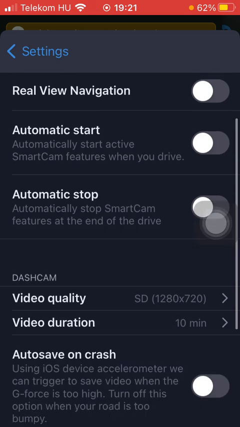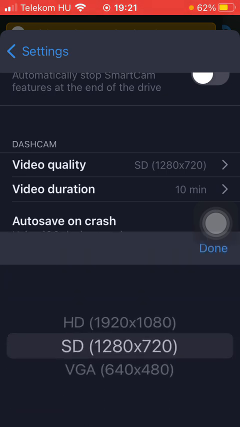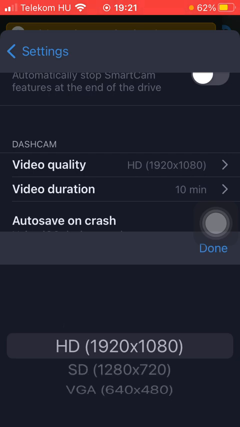Here you should scroll down to the dashcam subcategory or subsection and tap on Video Quality to set its quality. Here you can select from three options: HD, SD or VGA. So click on the relevant one and tap on the done button in the middle of the screen in order